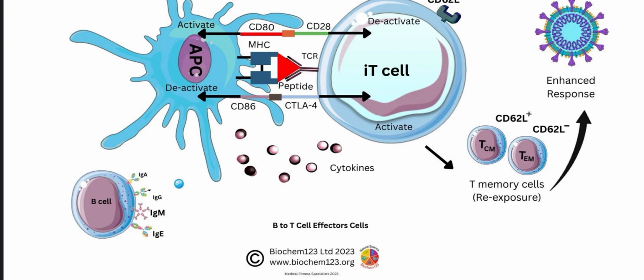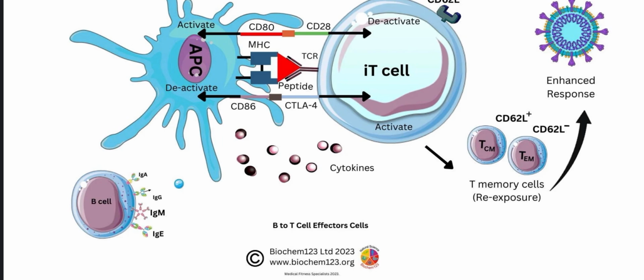Then step number 5 is memory differentiation. So in this process, survival, central memory formation and effector memory formation is going on. So in the survival process, after clearing the virus, most T cells die, but a selected few become long-lived memory cells, and they differentiate into central memory TCM or effector memory cell TEM.